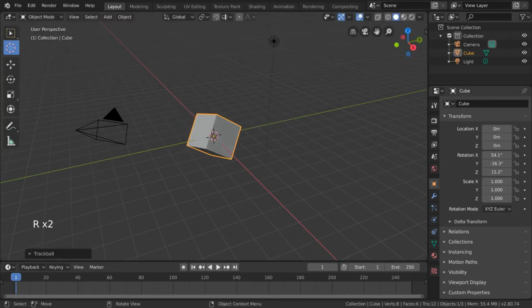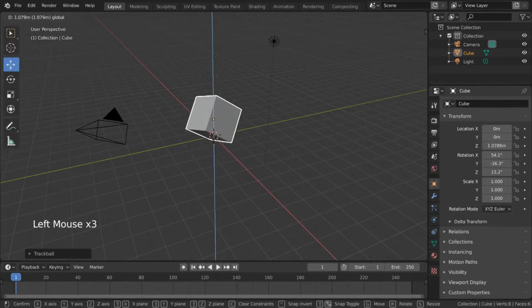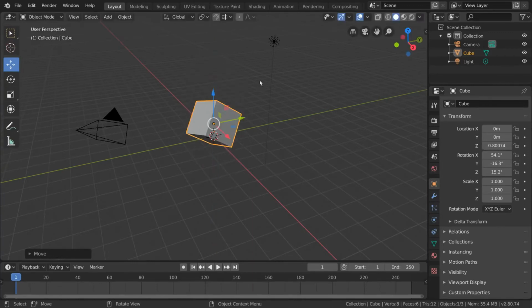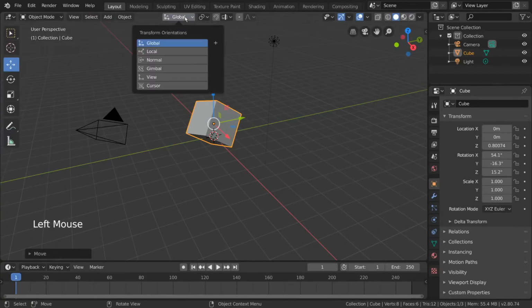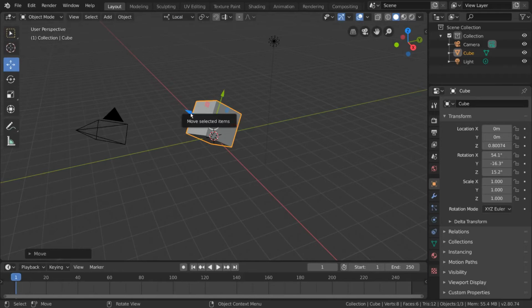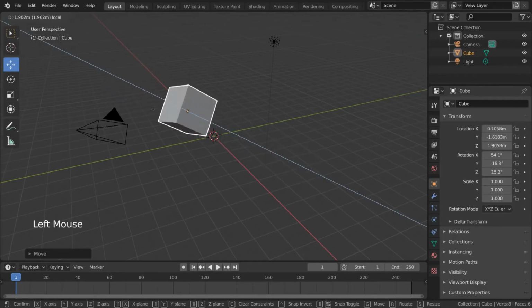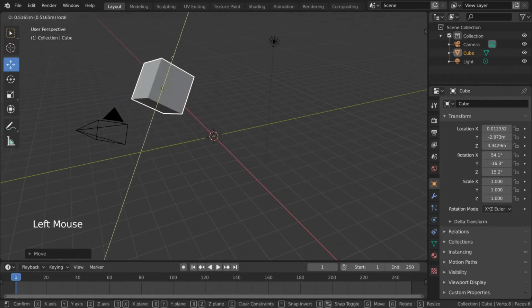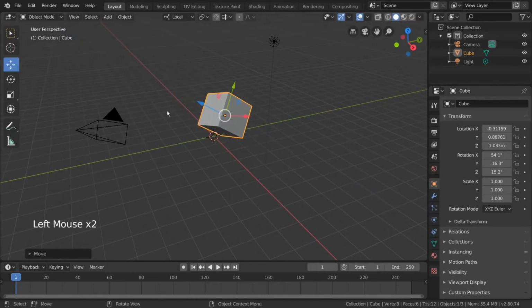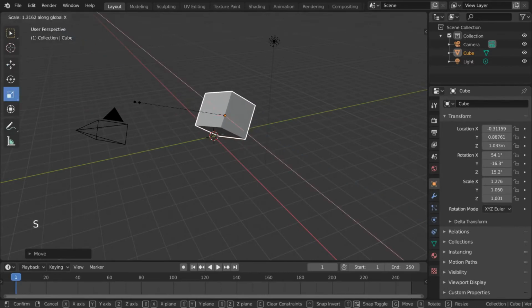Okay, now let's say I've run into the issue where I've rotated my object, but now I can't move the object along its own upwards axis. I'm stuck moving directly up, and that's not helpful. Don't worry, all you have to do is change this drop-down menu up here from global to local. This will change all gizmos to display the object's local axes instead of the global axes for all transformations. For hotkey users, you can access local axes simply by pressing X, Y, or Z twice instead of once after